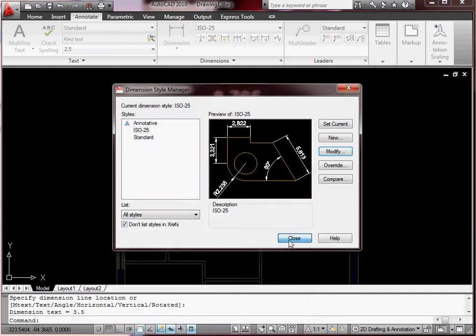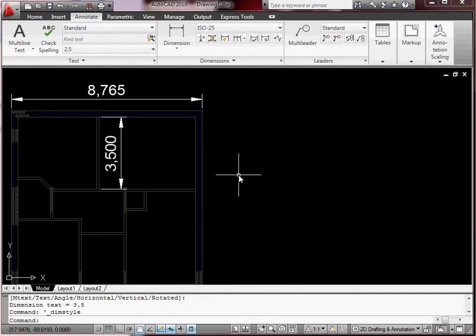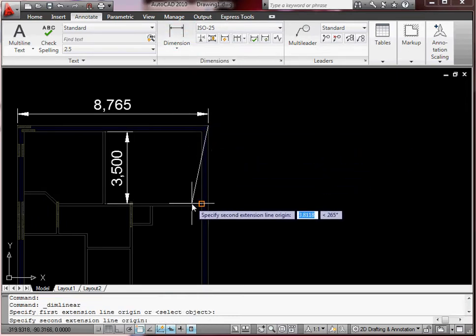Let's press that, close that, and there you go. Let's put the zeros in again. That's getting a bit better. Another useful thing, you can do a linear dimension, say from there to there,